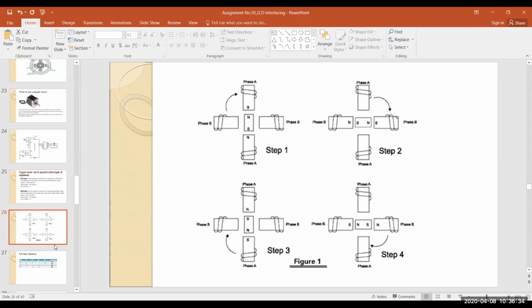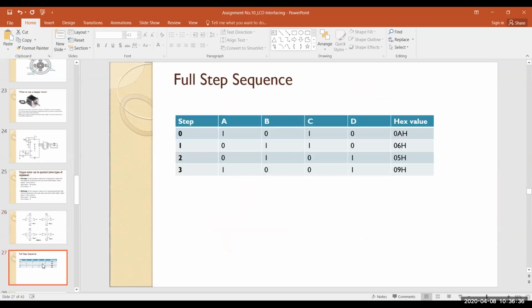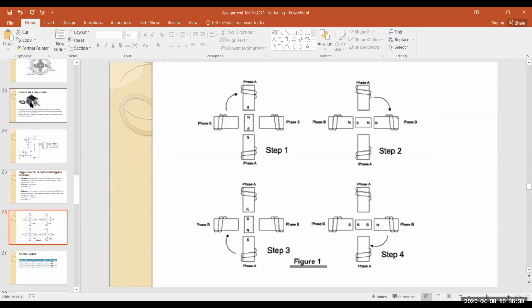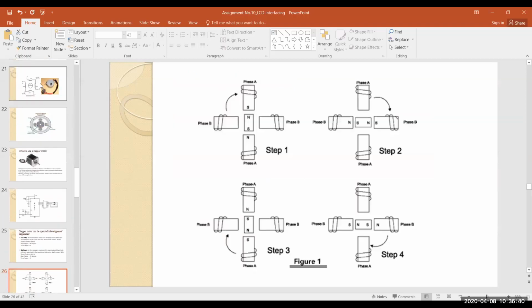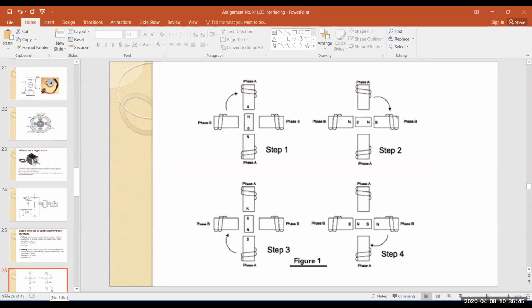Basically, the full step sequence is when you are moving your stepper motor in a stepwise manner, in 4 different steps, that means with 90 degrees. What do 4 steps mean? One rotation of the rotor takes 360 degrees.